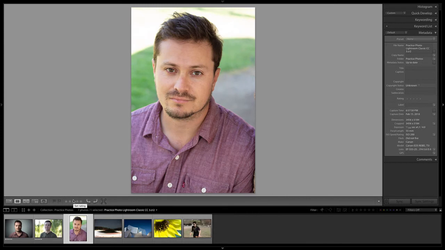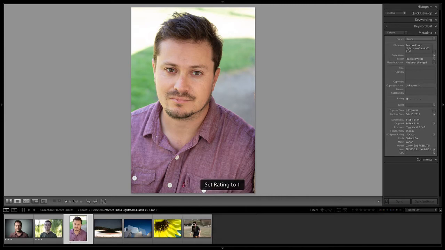and you decide what these ratings mean. For me, 5 stars means this is a great photo, definitely going to edit. 4 stars means it's a pretty good photo, I'm still going to edit it, but it's not my favorite photo. So if I'm posting on social media or something, I'll know ahead of time that only 5-star photos are really the ones that I should pay close attention to with editing. 3 stars can be whatever that could be for you. Yes, I'm going to edit it, but it's not a great photo. And then 1 and 2 stars might be photos that you're just not even going to edit.